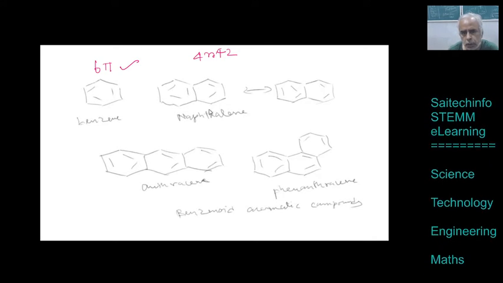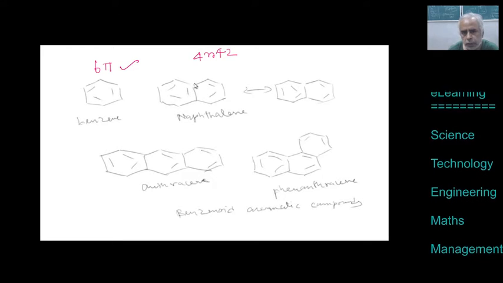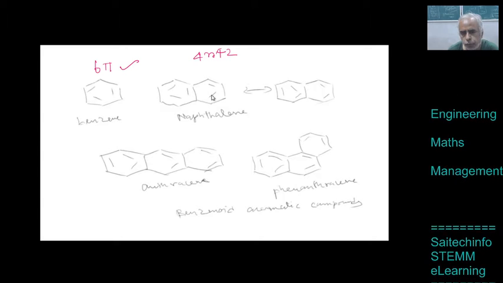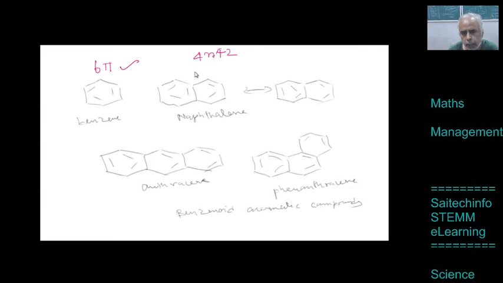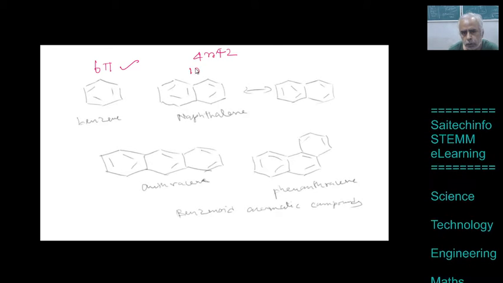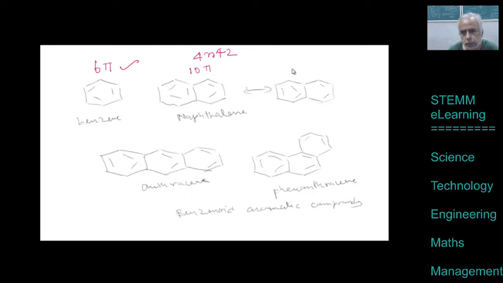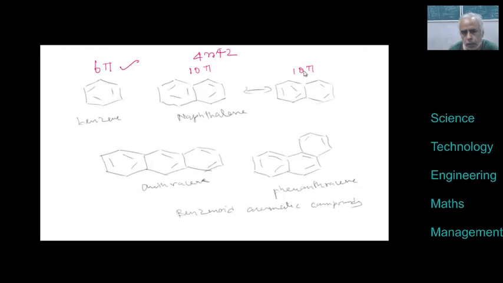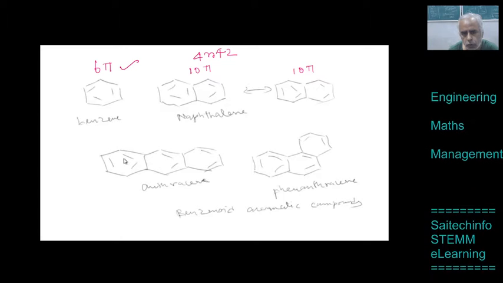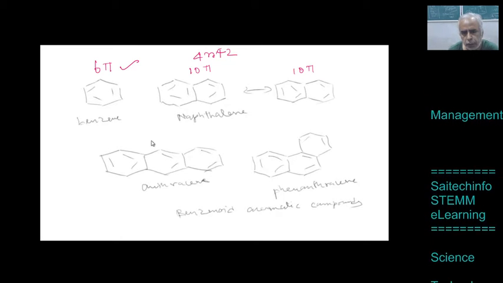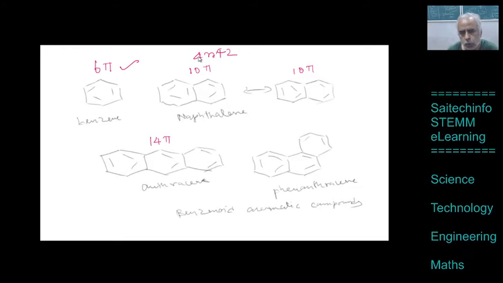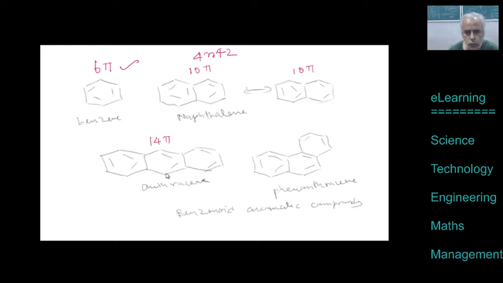And what about naphthalene? How many pi electrons can you calculate? You have got 1, 2, 3, 4, 5 double bonds. 5 into 2, 10 electrons. So you have 10 pi electrons. You work out 4 into 2, 8 plus 2, 10 pi electrons. Got it? So it comes out correctly. And this is also 10 pi electrons. And what about anthracene? Here you have got 7 double bonds, 7 into 2, 14 pi electrons. You can work out the 4n plus 2 rule also. So 4 into 3, 12, 12 plus 2, 14. So it is accurately correct.